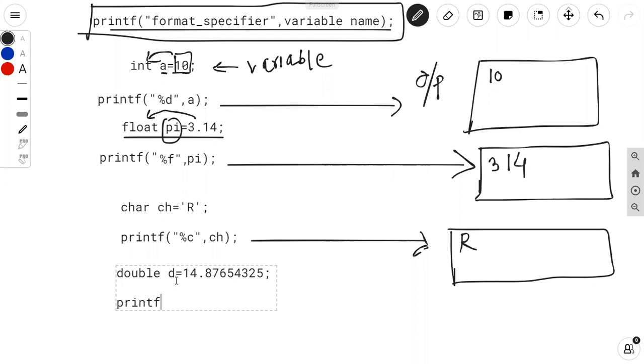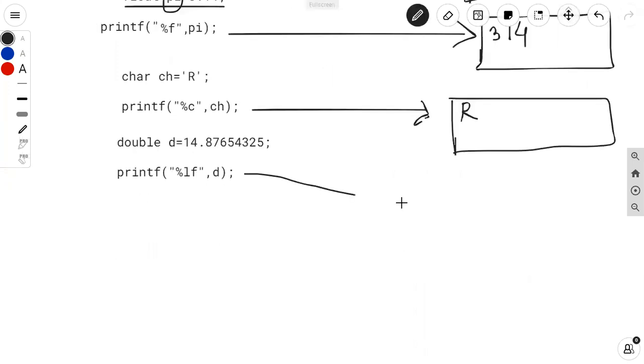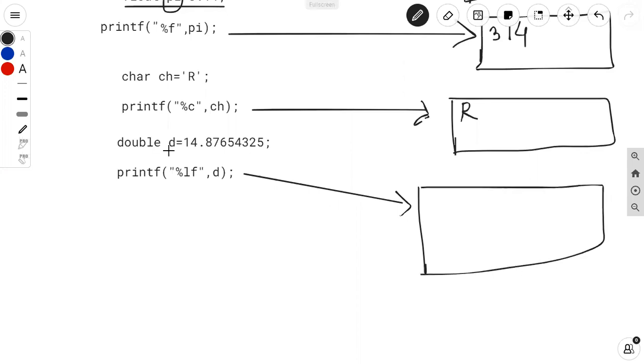So printf, percent, which format specifier is used for double? LF. So percent lf comma, and which variable name contains the value? d variable contains the value. So it should print the value of double variable d on the screen. So what should be the value of double variable d?